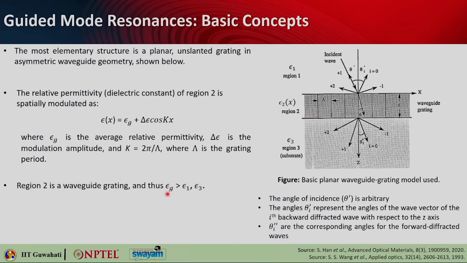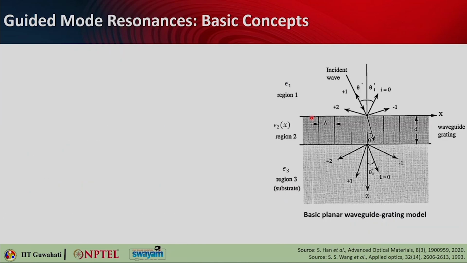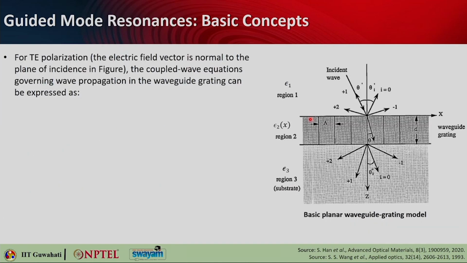So, it should have a permittivity which is larger than both epsilon 1 and epsilon 3. Okay. So, this is where the waveguide grating is. This is also called a guided mode resonance filter or GMRF. Now, for TE polarization, you can consider the electric field vectors to be normal to the plane of incidence in